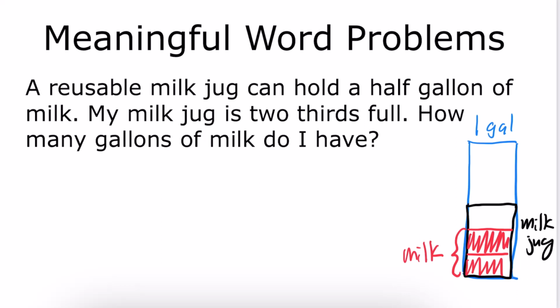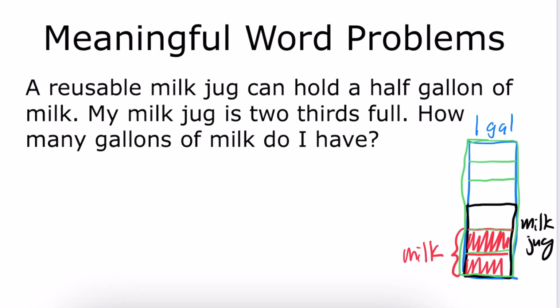Well, I know that I have 2/3 of a milk jug of milk, but a gallon is bigger than my milk jug. So I need to make it so that this whole gallon is split up into equal sized pieces. And since a half of a gallon was split up into thirds to figure out how much milk was in my milk jug, I'm going to split the rest of the gallon, the other half of the gallon, into thirds